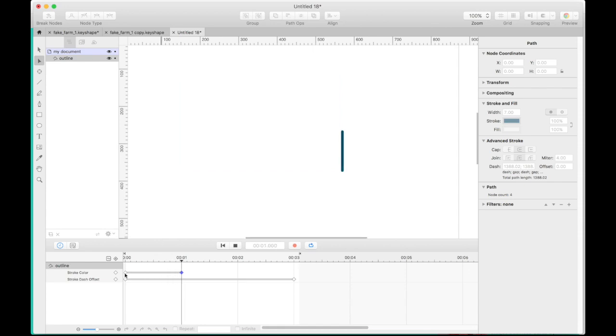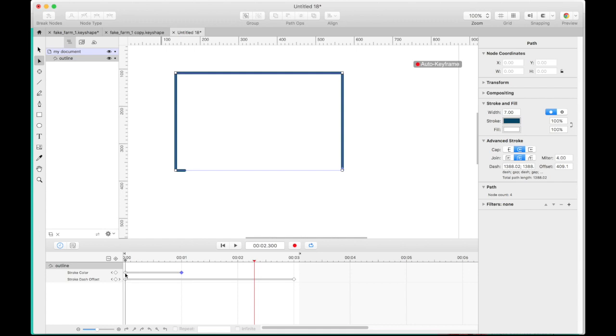So what's happening is that right here at 0 seconds, this color, so I'm going to pause it and I'm going to click on not this node. I'm going to take this red recording. This red line means it's recording. If I click red and remove it, it's going to turn back to black. So now if I go back here, it shows you that that's when it changed to dark blue. But if I go all the way back, you're going to see that this node right here is that light blue, which is up here. So you can see it up in the stroke category. If I go over here, you see it changed.